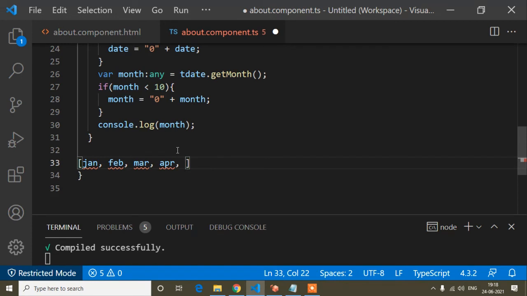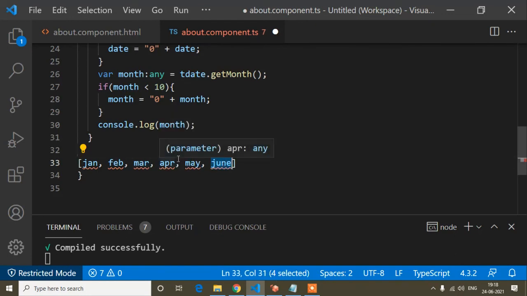One of my viewers asked me about the previous tutorial where I showed how you can disable previous dates. That time my viewer asked me why you have added +1 within month, so here I will explain. January, February, March, April, May and June. Normally if I count, January 1, February 2, March 3, April 4, May 5 and June 6.